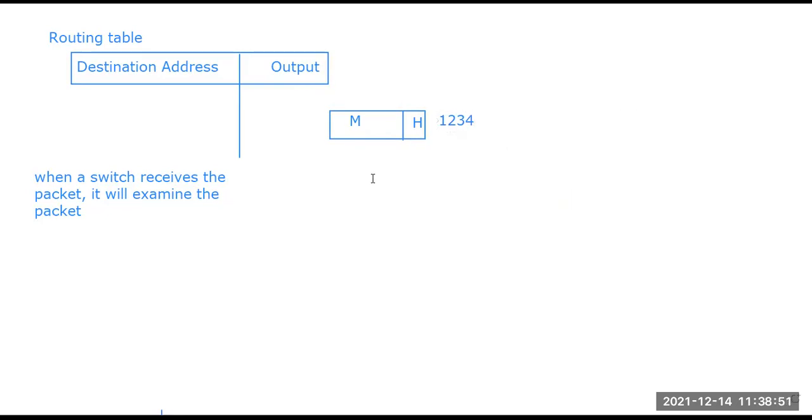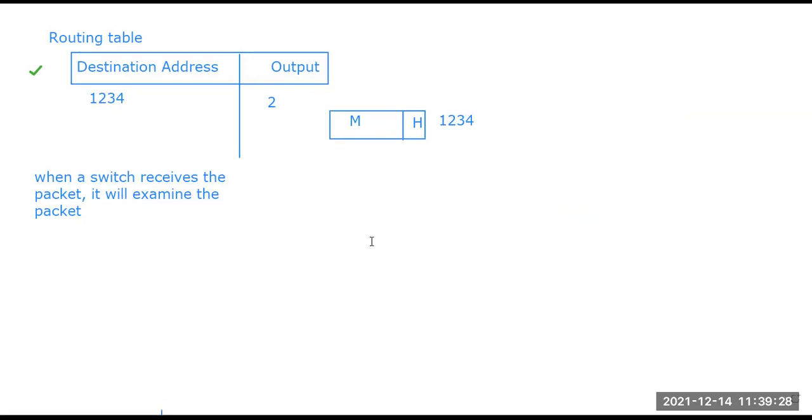Now, through this particular routing table, what we are trying to find out is the corresponding output path for this particular destination. Suppose I'm writing 1234, the destination address we are getting, and the output path found is port 2. So this destination address is connected from my switching technique to port number 2. That port number 2 will be responsible for delivering this particular message to the destination address